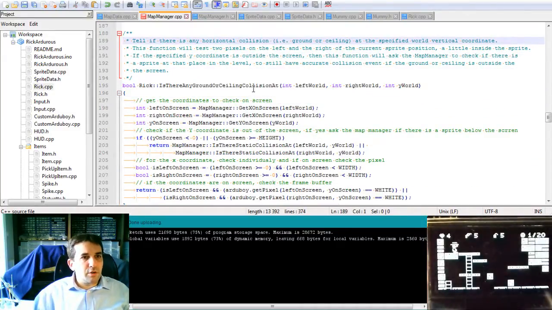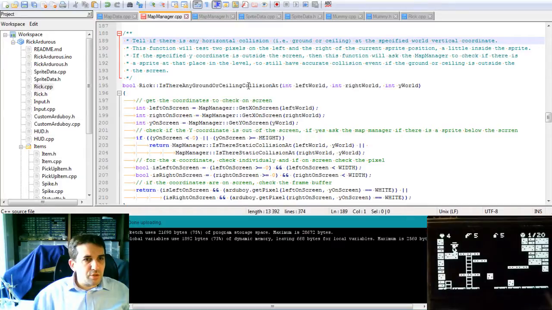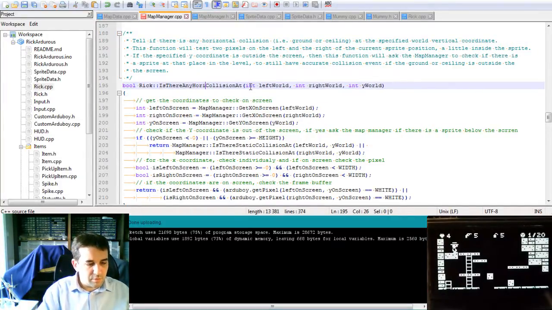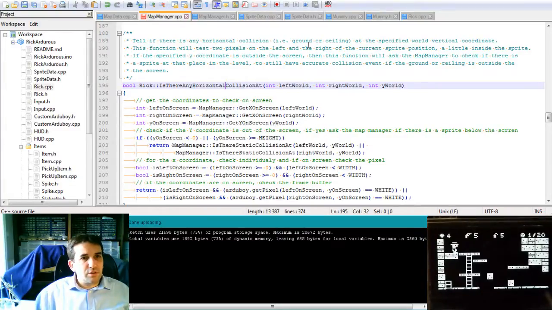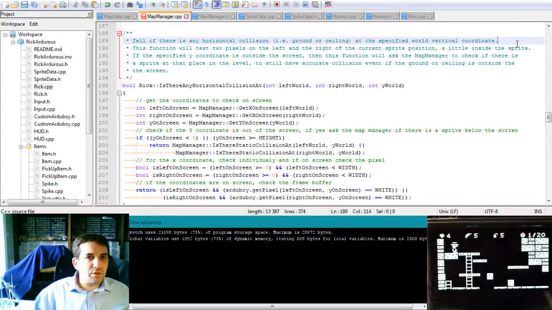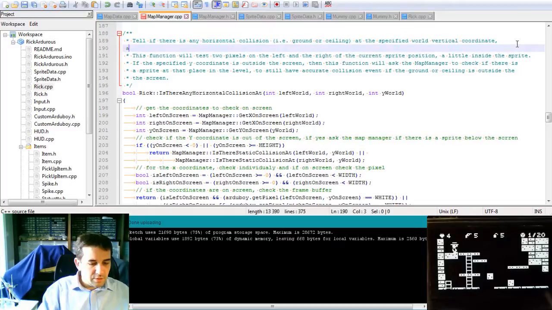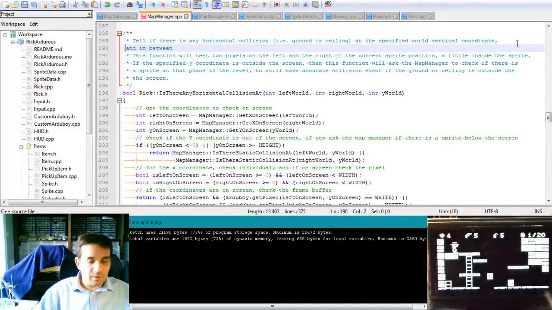Tell if there is any horizontal collision. So I think I should just rename it also horizontal. Is there any horizontal collision at left, right, Y? So if there's a horizontal collision at the specified world vertical coordinate and in between